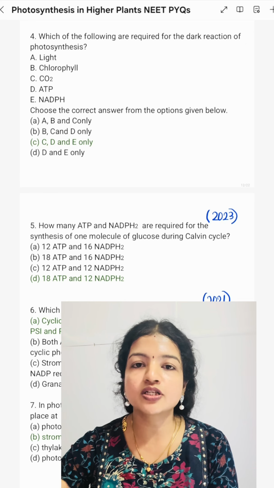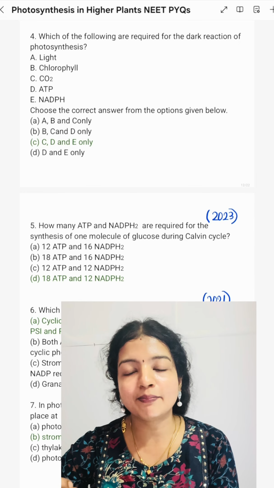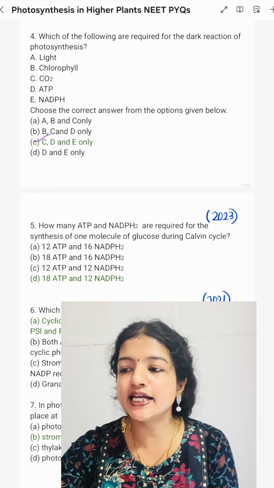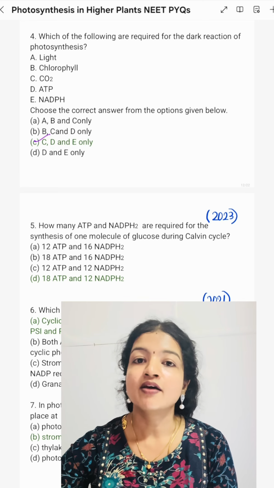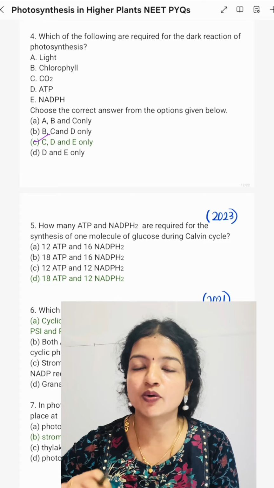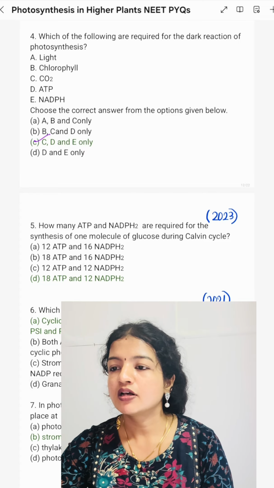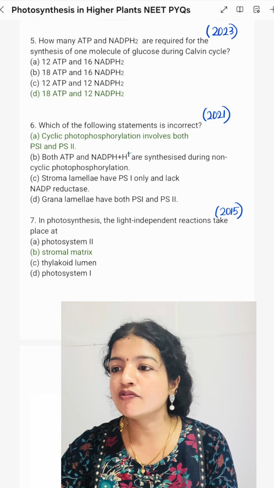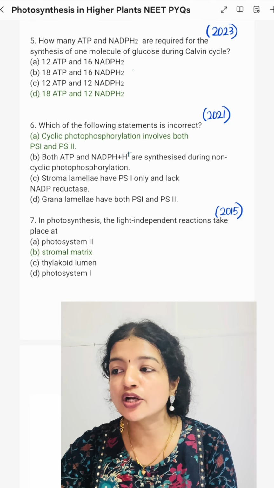So dark reaction ku carbon dioxide வேணும், ATP வேணும், NADPH வேணும். So option C, C, D, E only is the correct answer. Whereas light reaction of photosynthesis ku light, chlorophyll, water வேணும். Okay, நல்லா ஞாபகம் வச்சுக்கோங்க. Then how many ATP and NADPH2 are required for the synthesis of 1 molecule of glucose